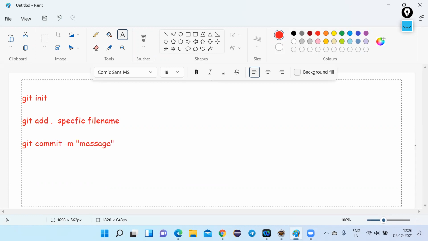Now let's say the code is in the local repository. What is our agenda? We need to push the code into the central repository. So to push the code, the first thing is you need to establish a connection. To establish a connection, git remote add origin followed by the repository URL. I'll be showing this all practically. After this, we'll use git push. So this is how we need to push the files from our local repo to the remote repo.